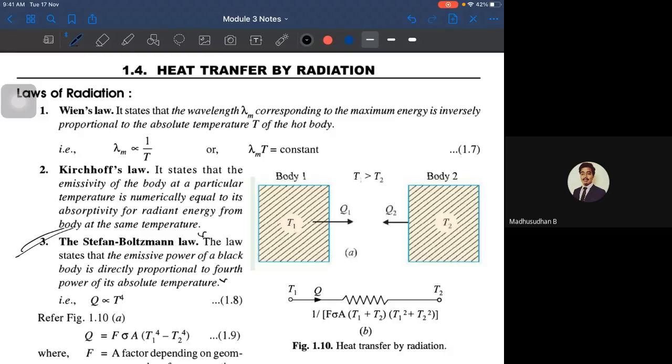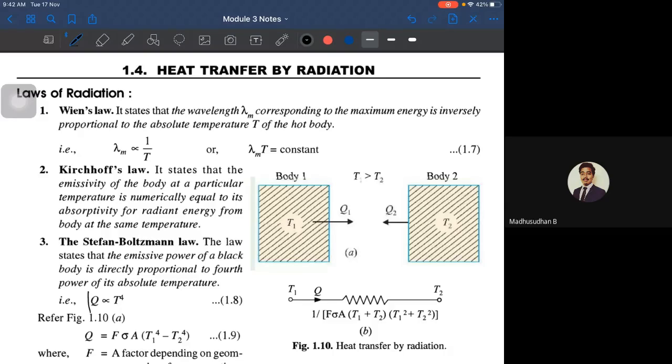Numan, just read out the Stefan Boltzmann's law. The law states that the emissive power of a black body is directly proportional to the fourth power of its absolute temperature. Right. So according to the statement given by all of you, you said that the emissive power of a